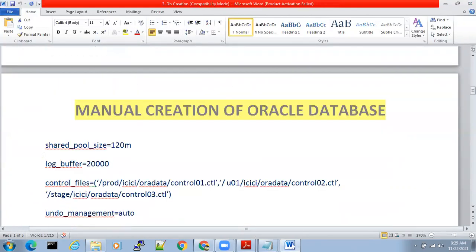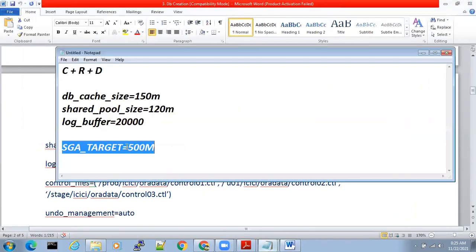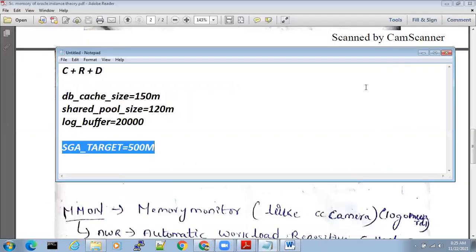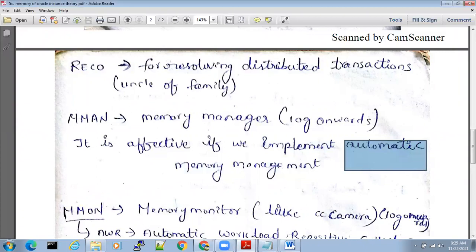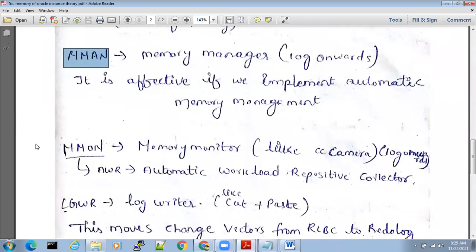Instead of that, if you give only one parameter, SGA_TARGET, automatic memory management will come into the picture, and the memory manager will automatically manage the memory. Understand, right? Yes, sir.